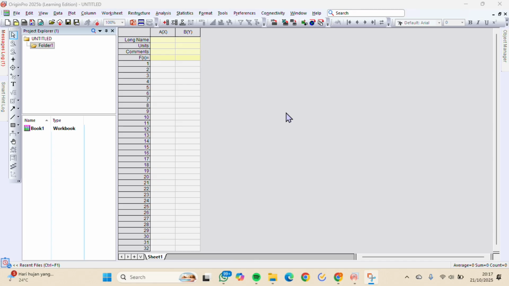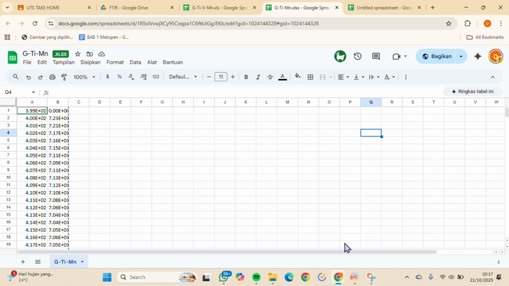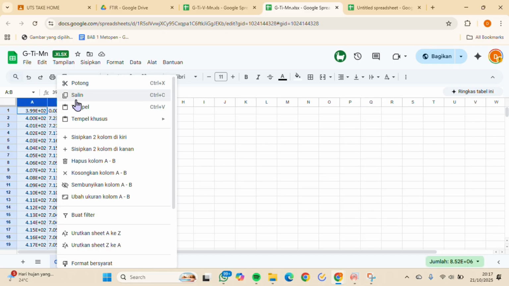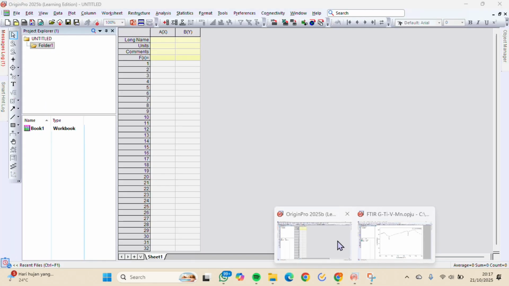Okay, this is the tutorial about the FTIR data. First, we open the Origin application, then we open the data that we will characterize, then we copy the data into the Origin application.